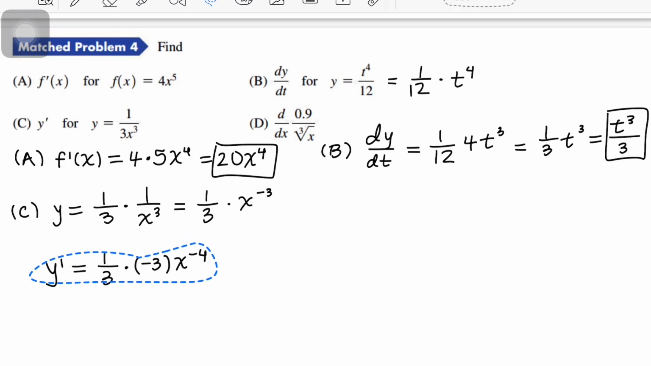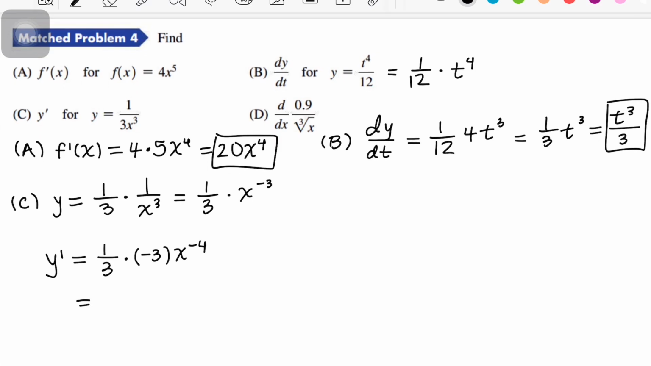All right, so then this tells us, this should be y prime is equal to that. This is separate from this y up here. Okay, so y prime is equal to that, and then simplifying, taking out a 3 from here and a 3 from there, we get -1 times x to the -4, which can be rewritten with positive exponents like this here. So that would be our derivative for that one. And lastly,